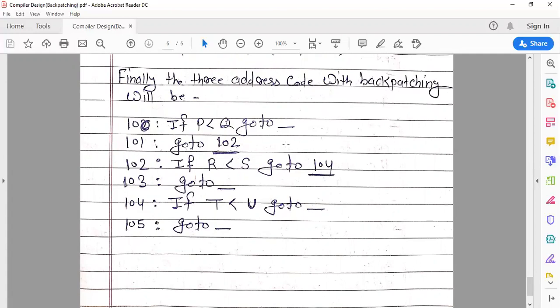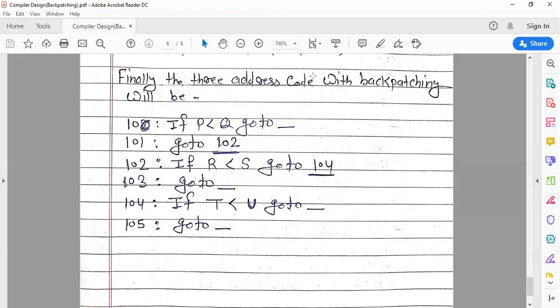You have seen this 3 address code has been written in 2 passes. In the first pass, we left all the goto addresses, goto labels, and in the second pass, we filled in the addresses at the goto labels. So this is the backpatching technique.